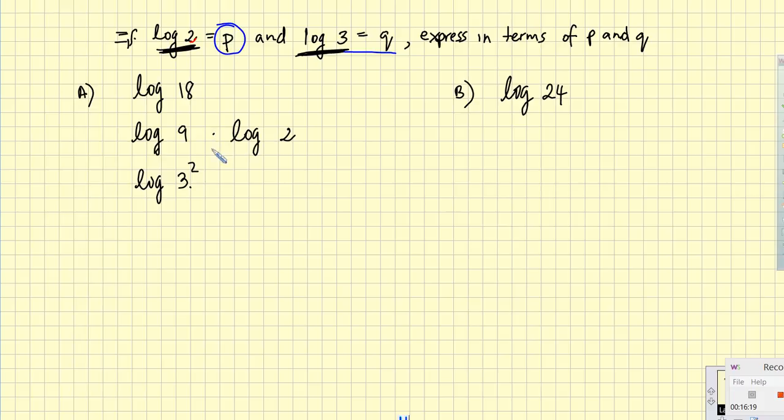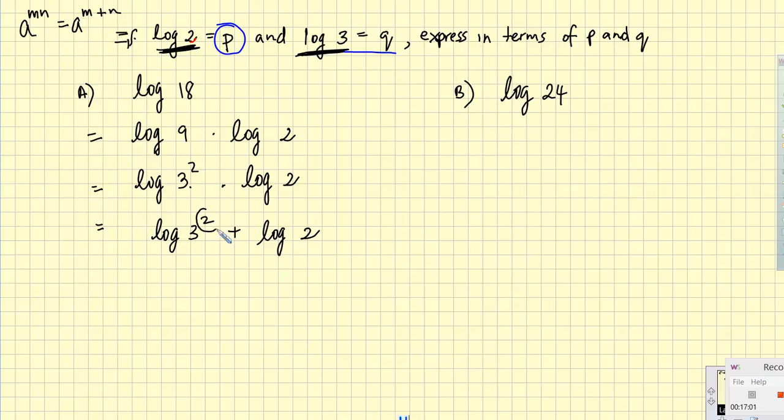So if I write log of 9, it's really like saying log of 3 squared times the log of 2. Now, because it's multiplication, that means I've got log of 3 squared plus the log of 2, because I'm using the a to the mn equals a to the m plus n rule. So I'm rewriting it with addition. And now, because the 2 is up in the exponent, I can bring it down as 2 log of 3